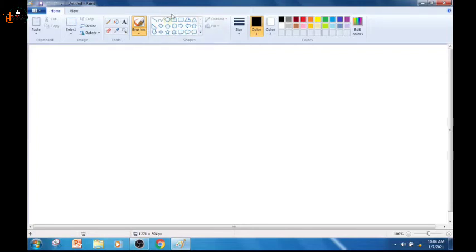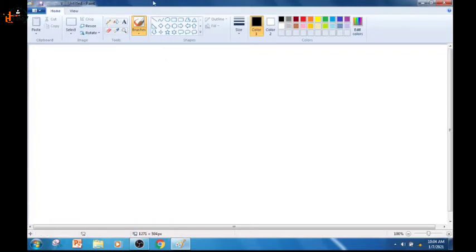Now I will tell you all the components or all the parts of the Paint window. See, this is the title bar. Why is it called title bar? Because it contains the title of the document. Can you see Untitled Paint written? This untitled is the name of this drawing, of this page. Okay, when we will save this page or save our drawing, we will give it a new name. Then that name will appear in the title bar. It will appear here.